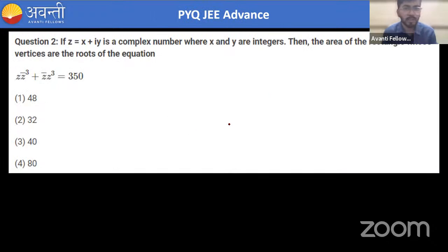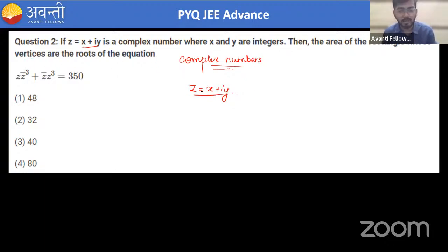Now, here in this question, this is a question of complex numbers, as you guys can see. So now we are slowly and steadily, we have advanced to the topic of complex numbers. Here in this question, if z is equal to x plus iy is a complex number where x and y are integers, then the area of the rectangle whose vertices are the